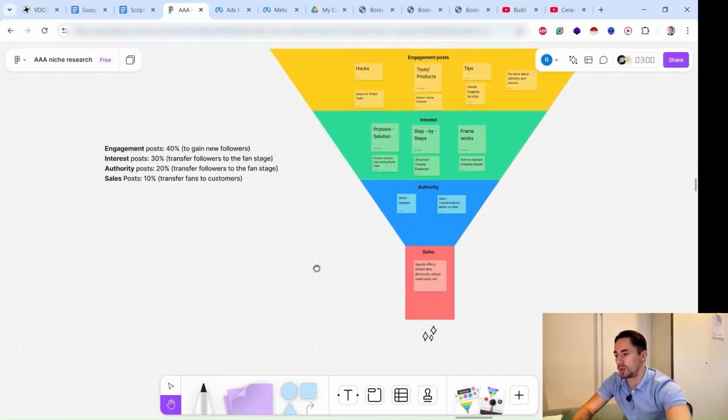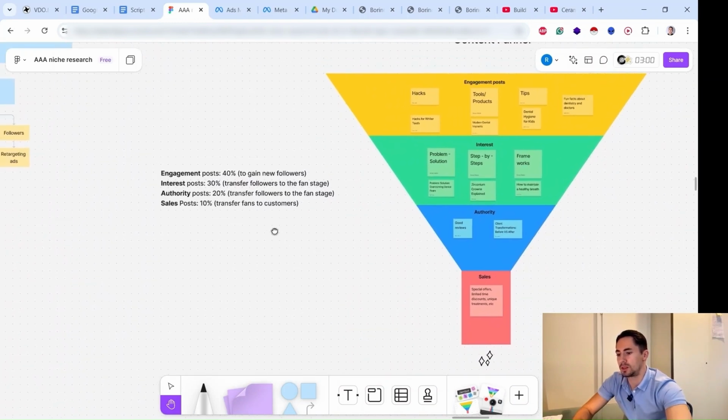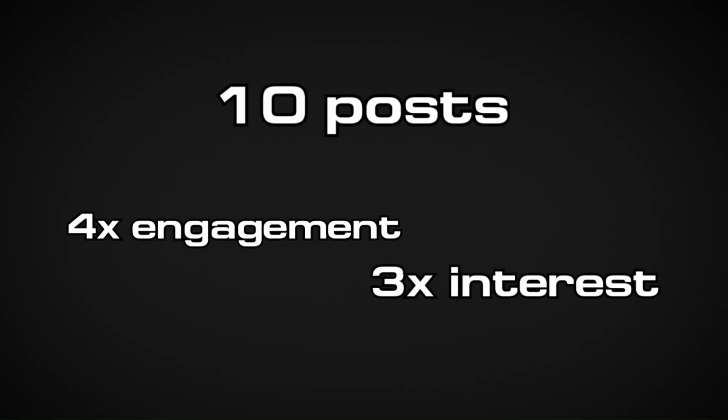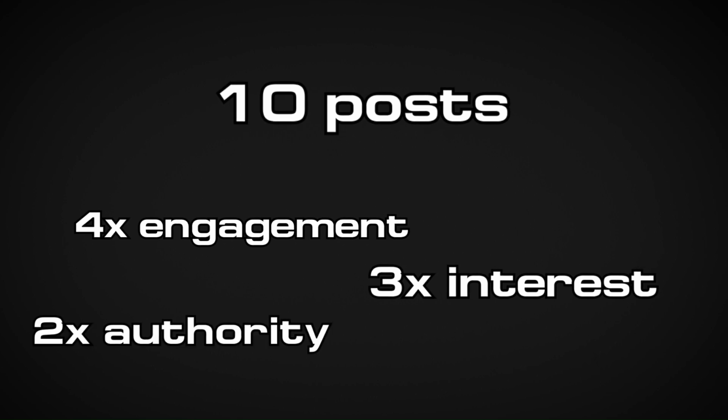So that's quite important, and we do that content plan in the proportion of 40, 30, 20, 10. So basically for every 10 posts, we produce at least 4 engagement posts, 3 interest-based posts, 2 authority posts, and 1 sales post. That's quite important to entertain and not to bore your audience, and also to create some